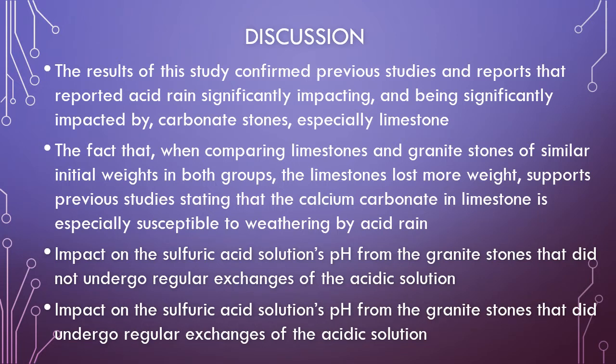So the results of this study confirmed previous studies and reports that indicate that acid rain has a sort of mutual relationship really with carbonate stones, because while it does significantly weather them, causing them to lose weight and ions and that sort of thing, it is also significantly impacted by them as well. And we especially saw that in this experiment's results with the limestone that remained in the same diluted sulfuric acid solution for the duration of the experiment. It completely transformed that solution from an acidic one to an alkaline one, as it doubled its pH from 4.0